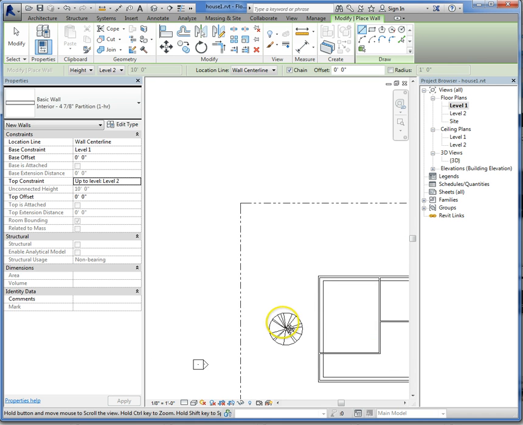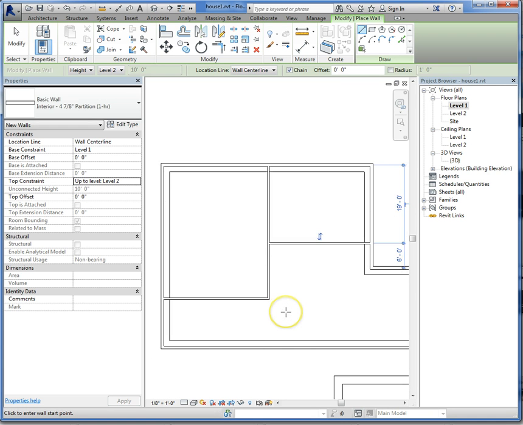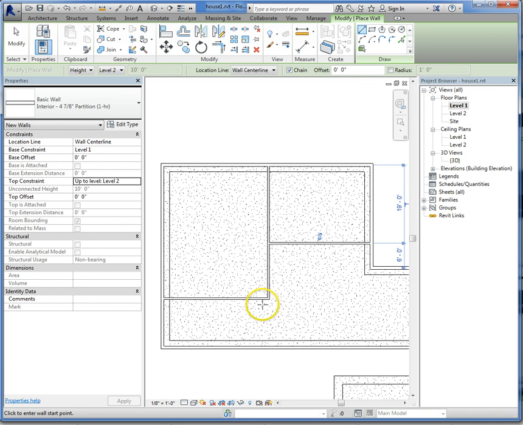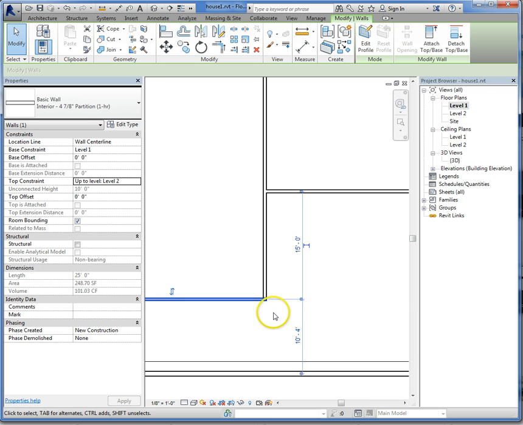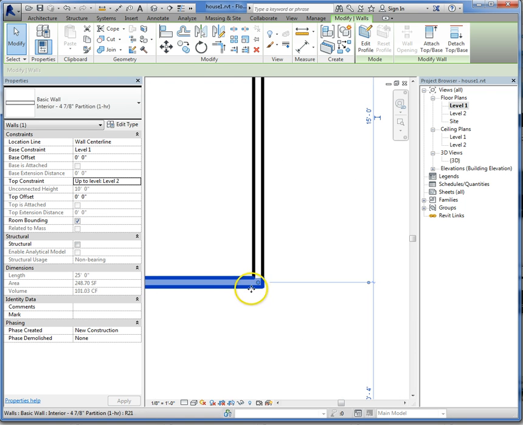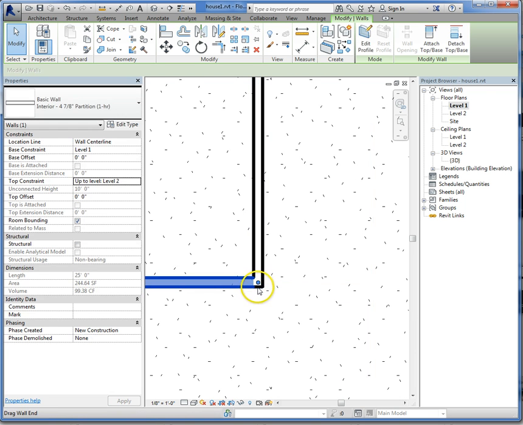Tricky part of Revit is getting used to dimensioning. For example, if I click this wall, Revit has 2 dimensions right now, and I can just quickly change these dimensions. You can see when you move one dimension, it moves the other one. So a lot of times what you want to do is, if you click this dot,